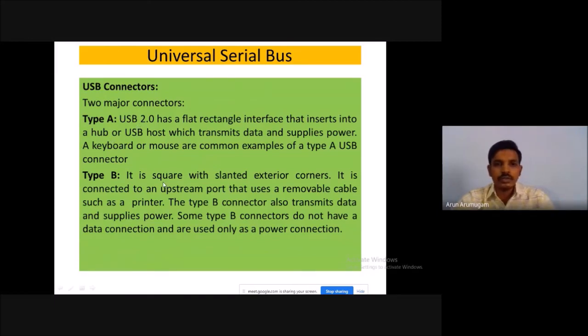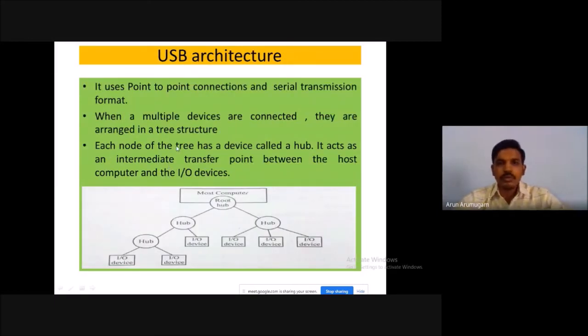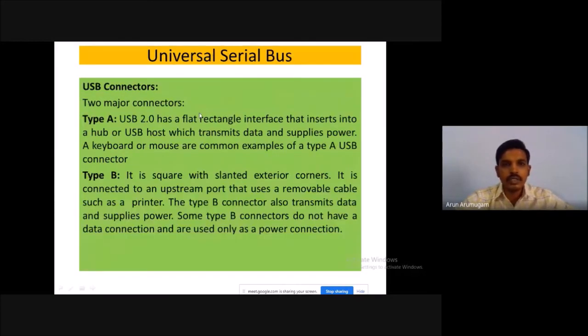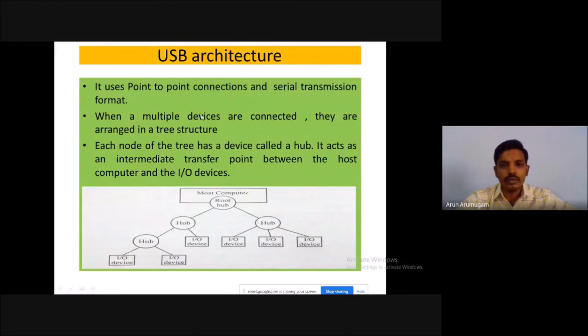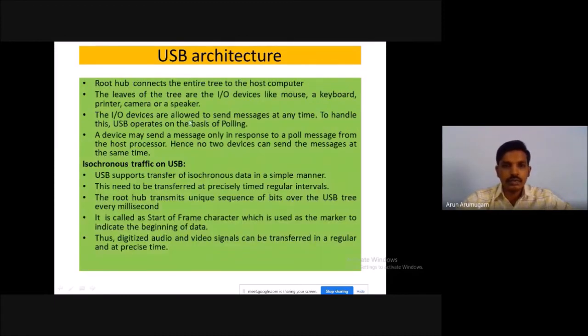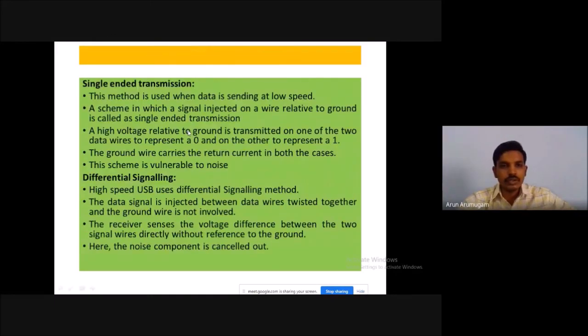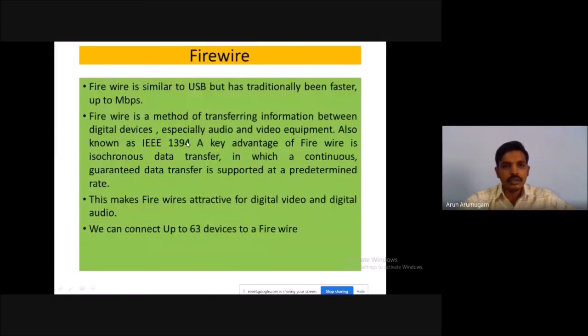The type B is used only for power applications. The USB architecture connects a number of devices in a tree architecture. The isochronous topic is also considered. The electrical characteristics, single-ended transmission, and the differential scheme are used.